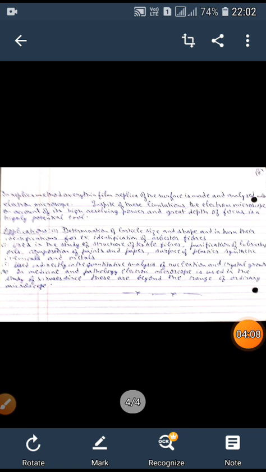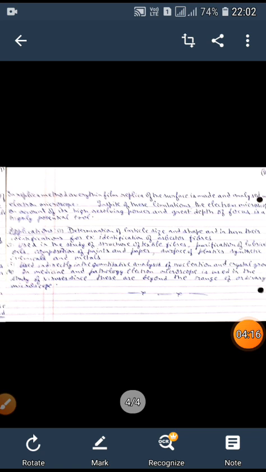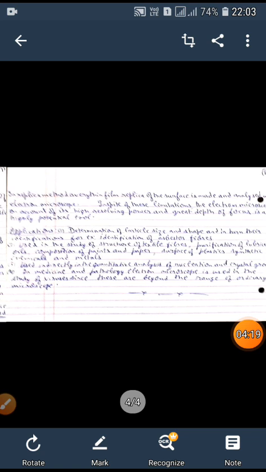Applications of electron microscopy. There are several important applications of electron microscopy, the foremost of which is the determination of particle size and shape, which in turn facilitates their identification. For example, identification of asbestos fibers. Another advantage is